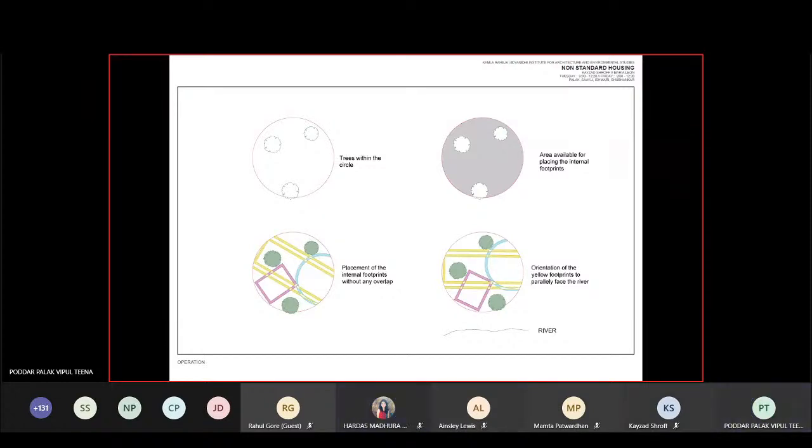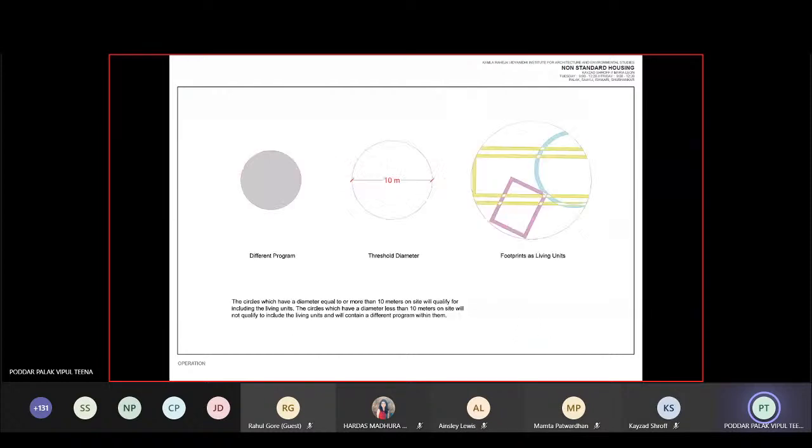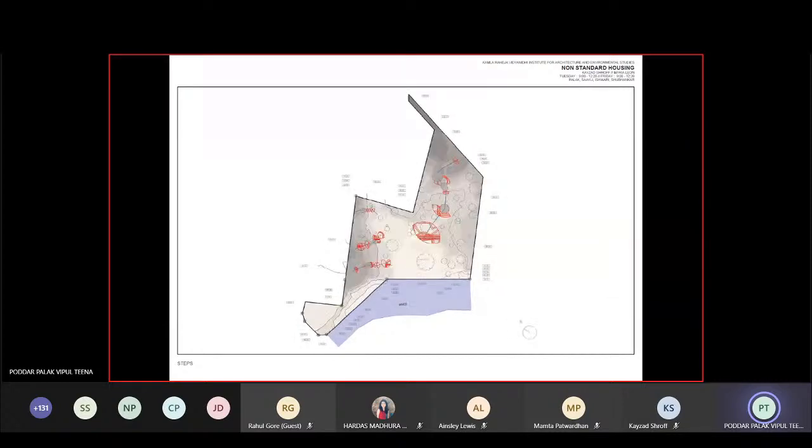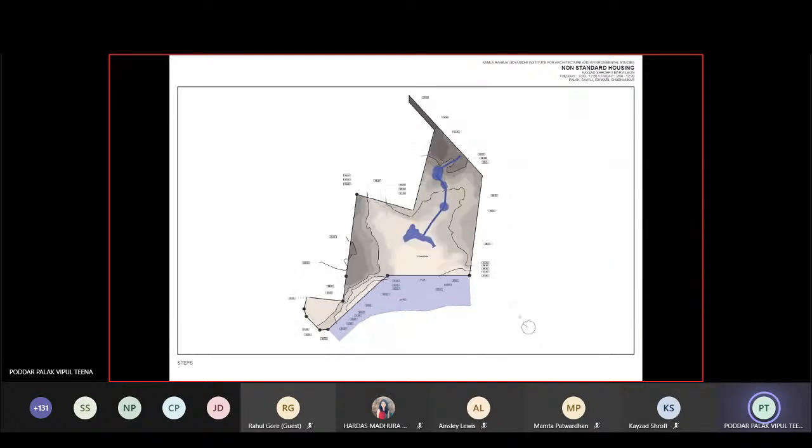Almost done. So the orientation of the yellow footprint, which later converted into the living unit, was faced parallel to the river. And then this is how it grew on site. And eventually, the overlap spaces acted as the public spaces, while the other spaces became the living units. And finally, the flow of water culminated into a large water body on site, which was at the lowermost contour